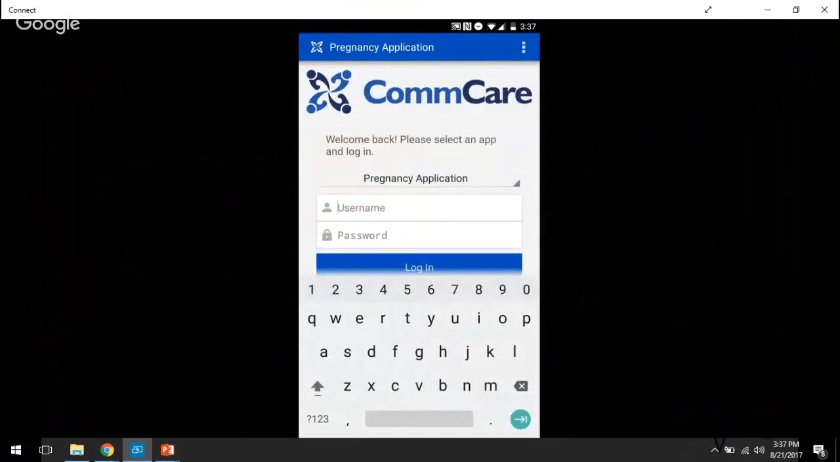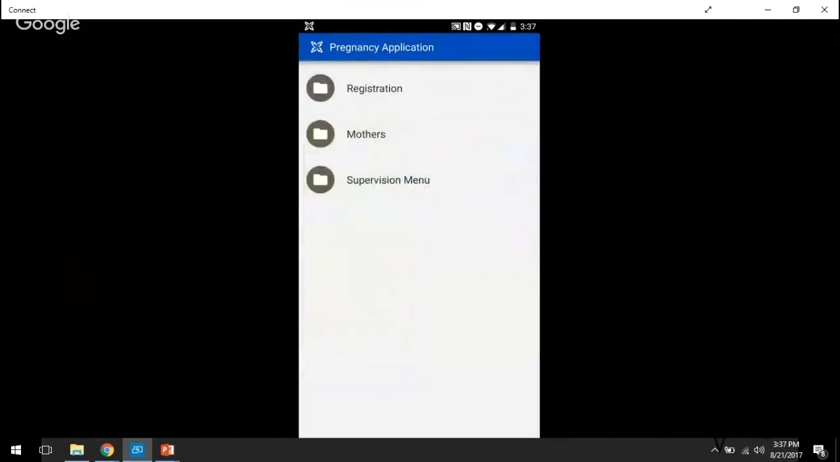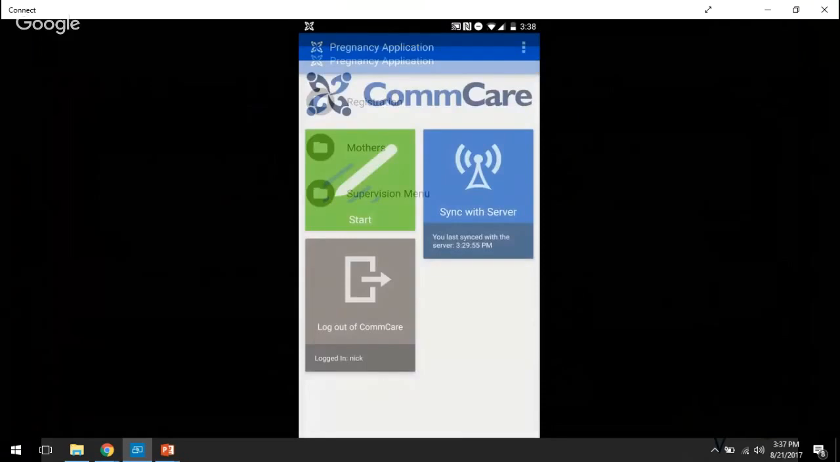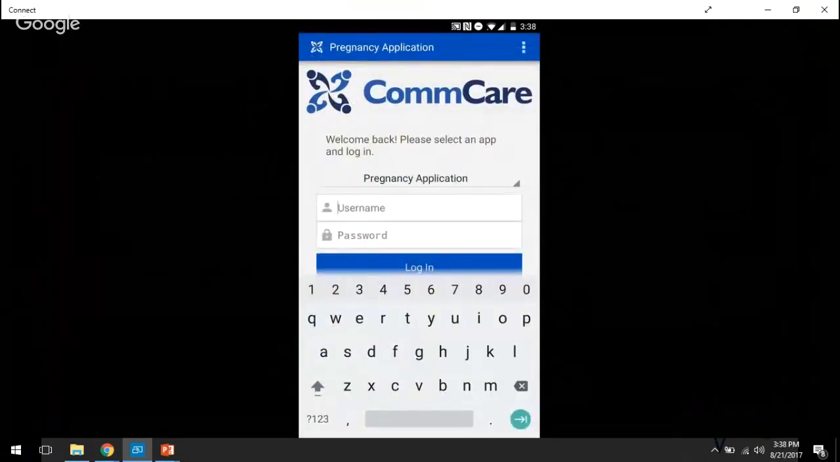And Nick is Anne's supervisor. So he's going to have permission to see a slightly different set of modules. You'll see that in addition to the registration and the mother's module, Nick also has a supervision module, which he can go into and access, which Anne, because she's not a supervisor, cannot. Going back to Anne,